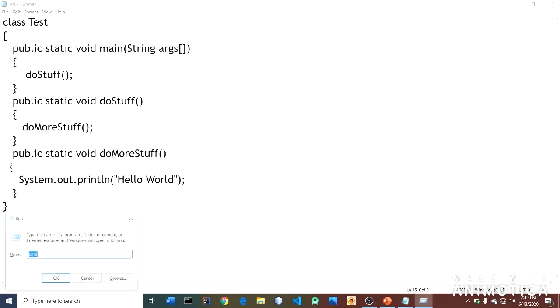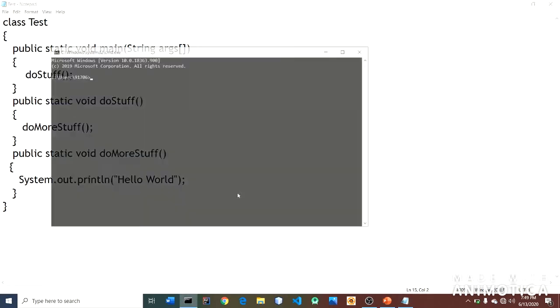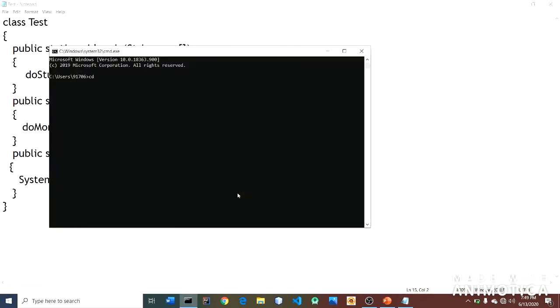Let's open the command line, cmd. cd desktop. javac Test.java. See, it compiles fine. Now let's run the code. java Test. See, hello world is printed.